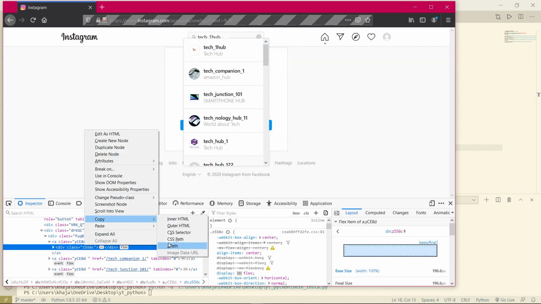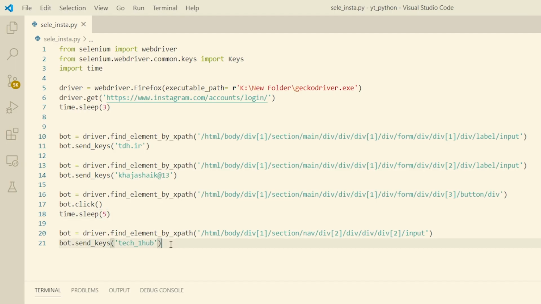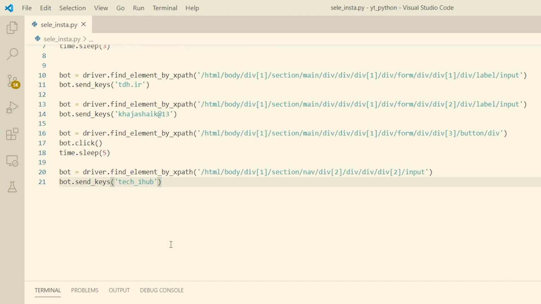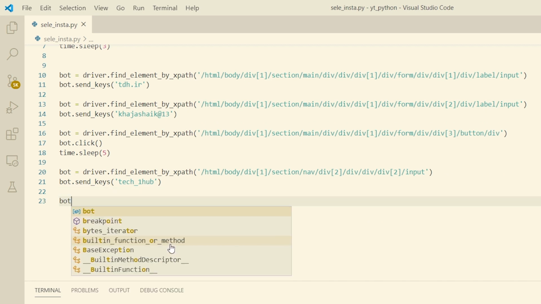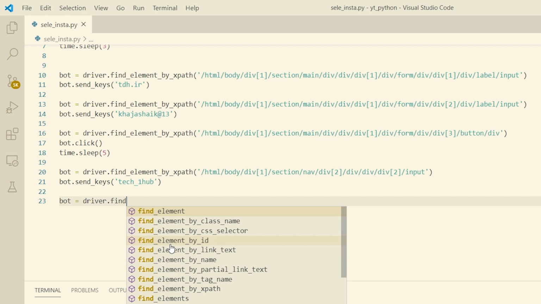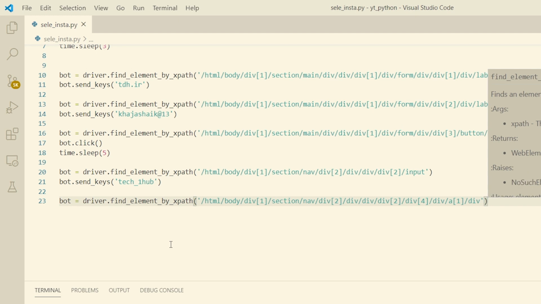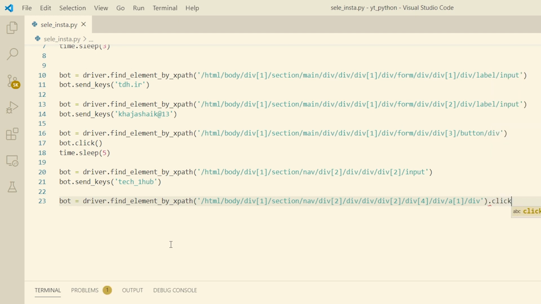Copy XPath. So bot is equals to driver dot find element by XPath dot, we have to click that, right? Click, that's it.